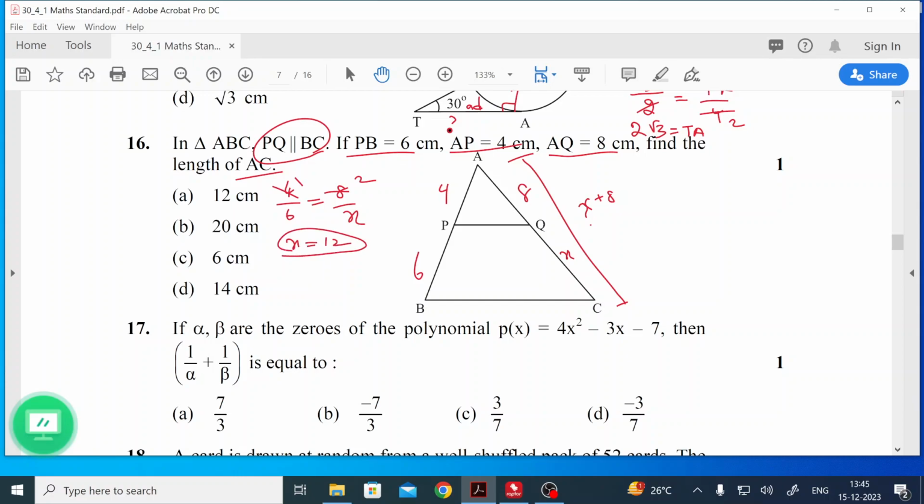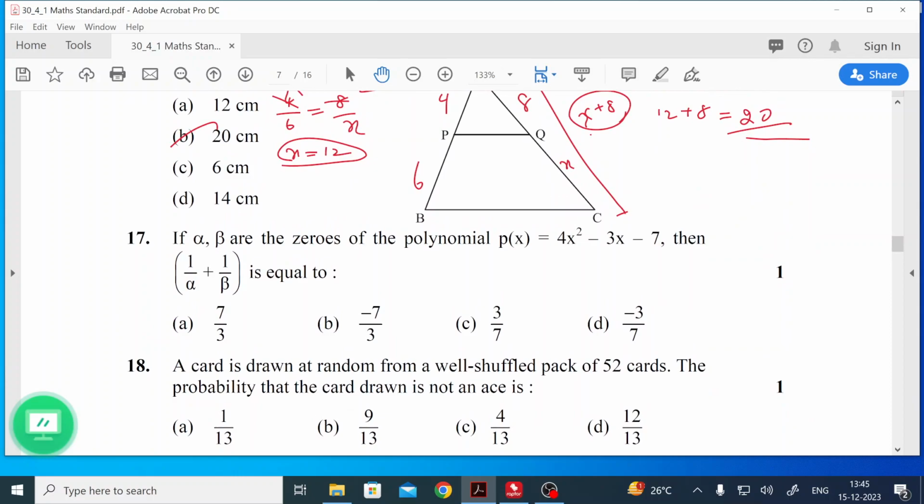This is not the answer. The answer is what? 8 plus x plus 8. So 12 plus 8 equal to what is the answer? 20. 20 is the answer. Do you understand? We can go through Thales also. 20, if you want directly, you use the corollary part, you will be getting it. Do you understand? Because they asked what AC. Are you getting the idea? Right. Next,